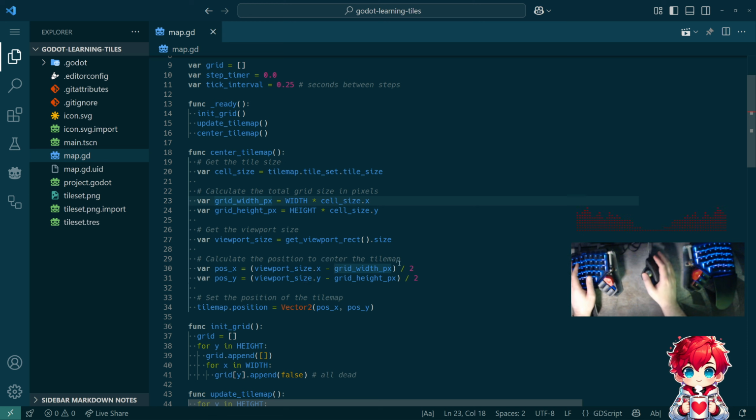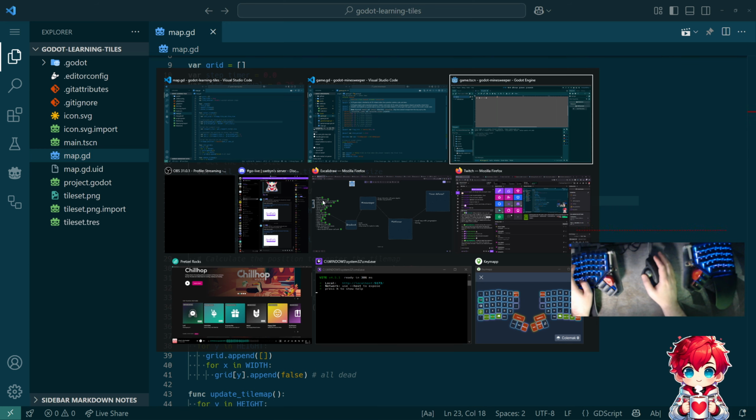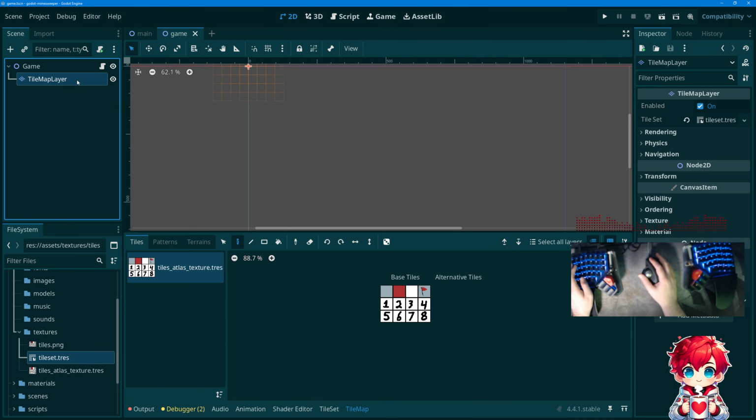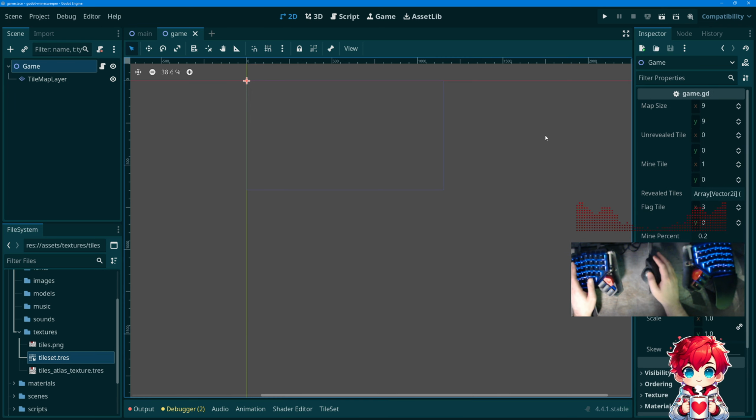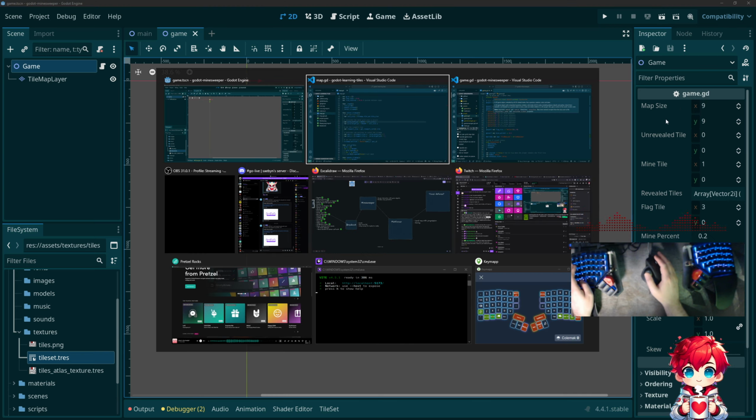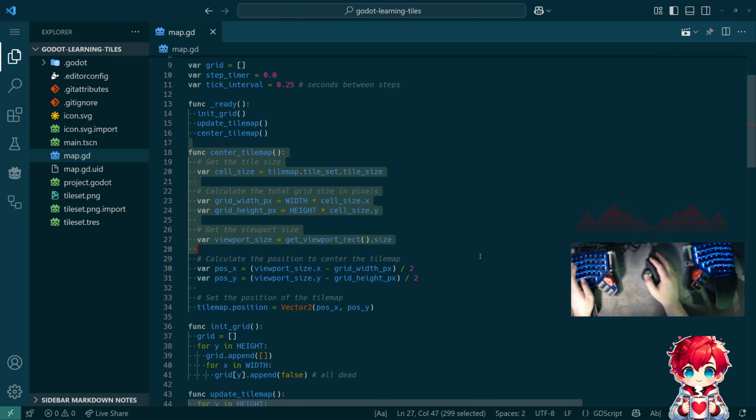everything, right? So that all of the tile coordinates that we pass into the tile map with, like, set_cell are offset by the position of the tile map. You could do that in Godot by just grabbing the tile map layer and moving it. But unless you have a fixed width and height, it wouldn't be properly centered. You have to know how many tiles there are, which is variable based off of map size. So I think what I'll do is I'm just going to borrow this code